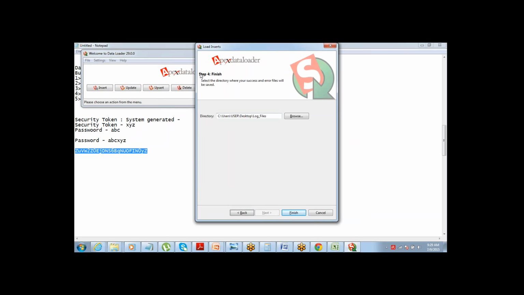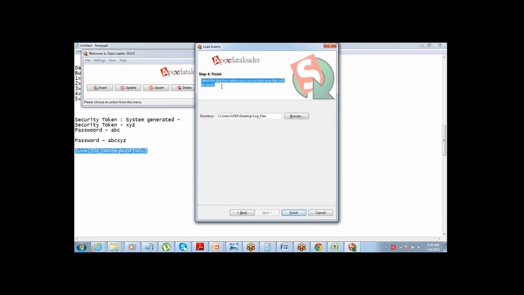Step 4 will ask you for a directory where your success and error files will be stored. What are the success and error files? When I'm performing a bulk operation, there is a chance that some records might not get through. There can be some small error or issue with a few records.